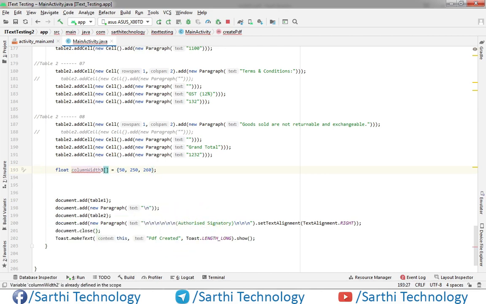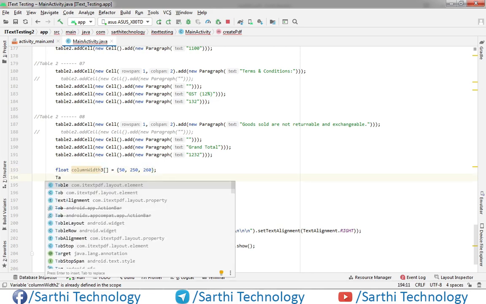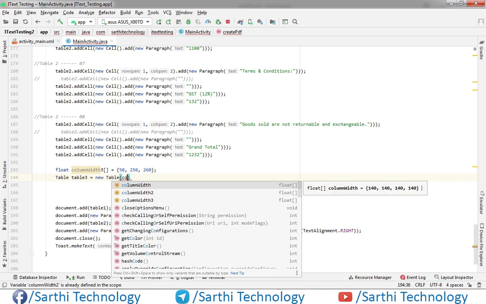Column width 3. Now create table object. Table 3 equal to new table, column width 3.